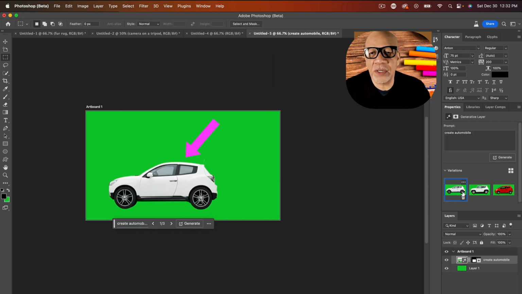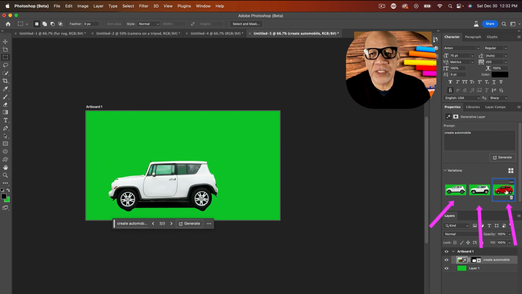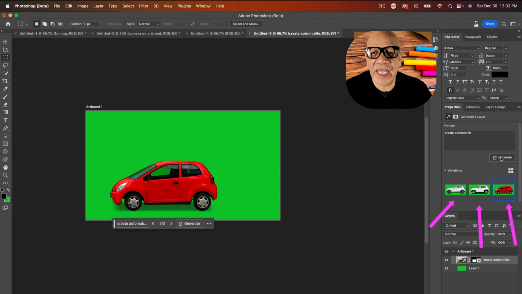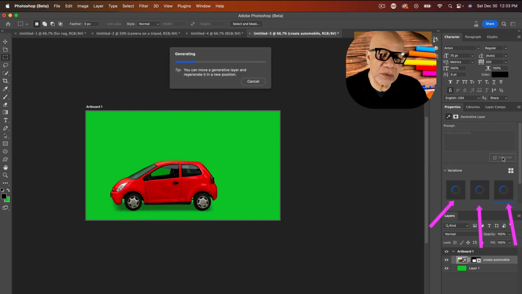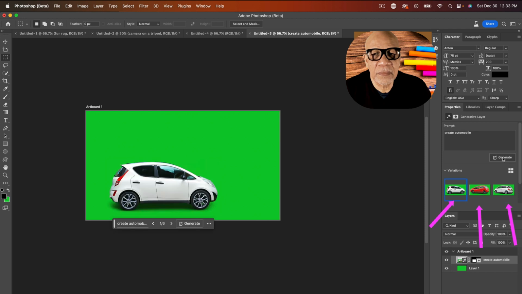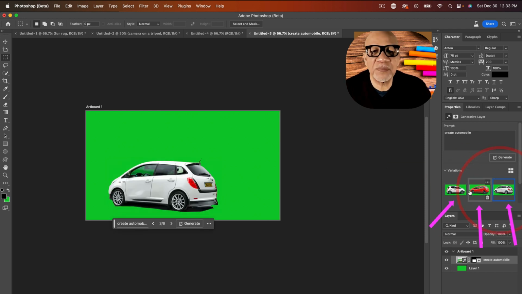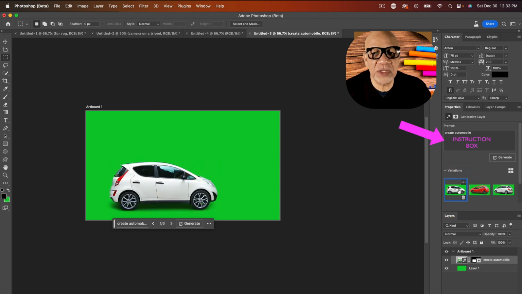Now you see over here, we got our normal 3 choices, so I can use different automobiles. If I don't like that, I'm gonna go right here and generate 3 more automobiles. And there we have it, we get 3 more choices. I could be a little more specific whether I want small, mid-size, luxury. It depends on what you tell generative fill,